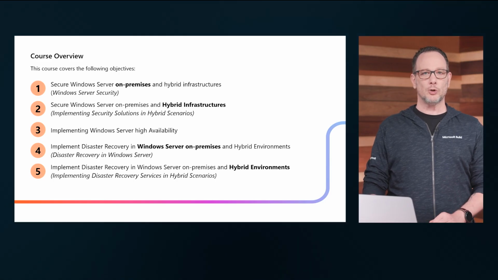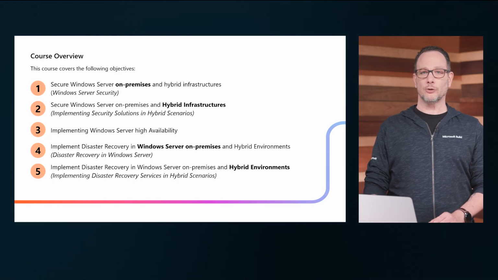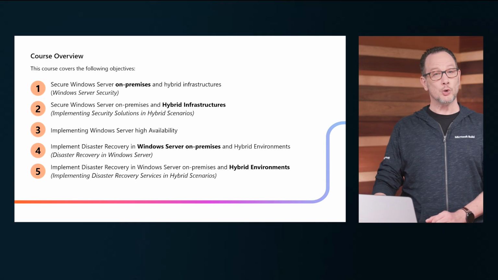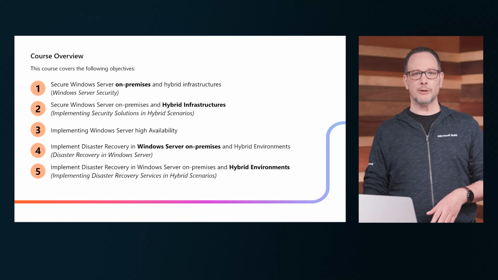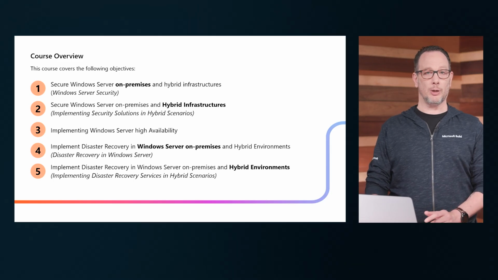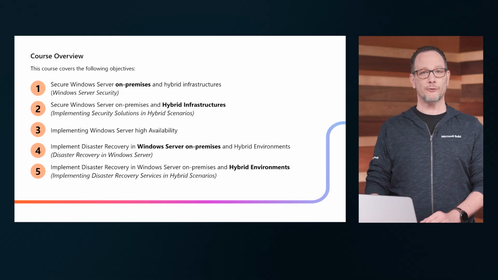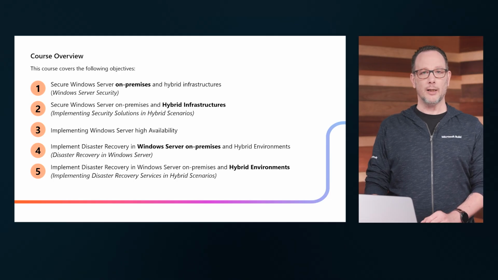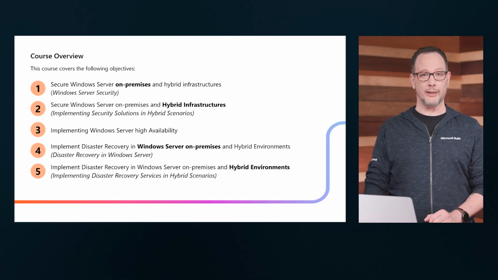But then the follow-up module covers, obviously, running the same Windows Server operating system in an Azure virtual machine environment, but then specifically touching on hybrid capabilities. To allow you, as you can see in the first 2 modules, we're going to focus on some security capabilities. So the idea there is, in the first module, it's primarily Windows Server. You could almost say no matter where it's actually running, we're going to focus on the security part. And then in the follow-up module, it's highlighting security using Azure capabilities to optimize the security in that operating system